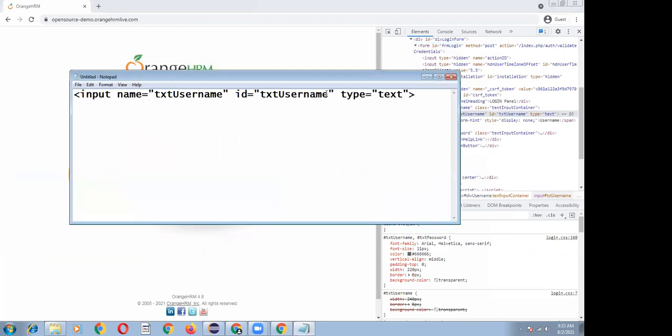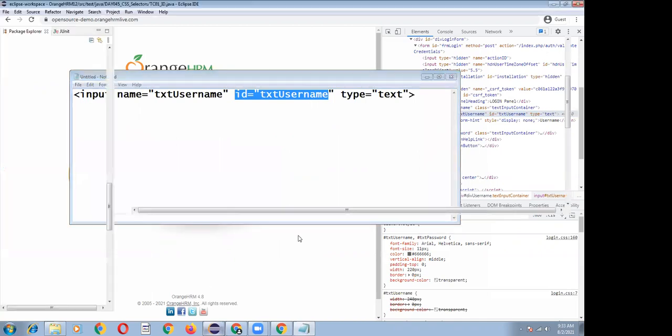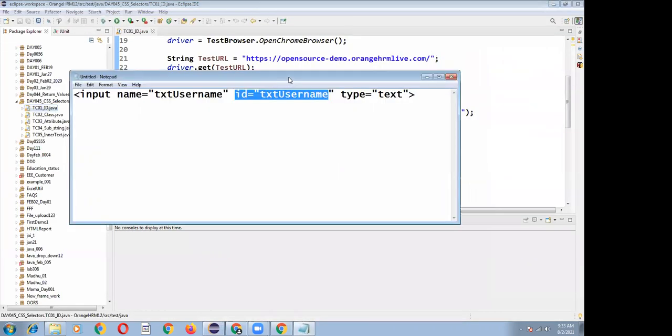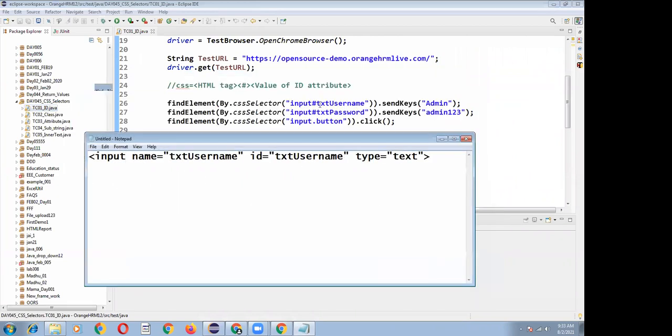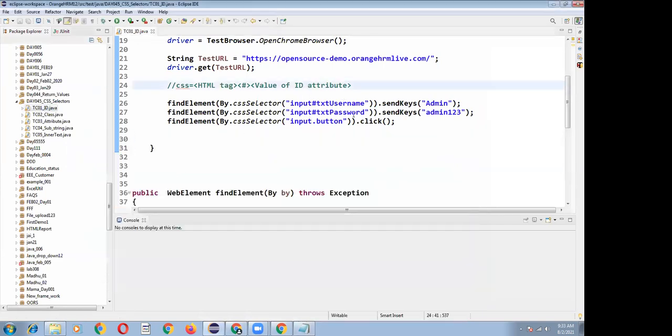If the developer is giving an ID, whatever ID he is giving, we can directly write the CSS locator as the tag name, whatever tag name is there, then hash and the ID. Suppose it is a button, input hash, whatever ID is there, we can write like that. So by using ID, we can write like that.